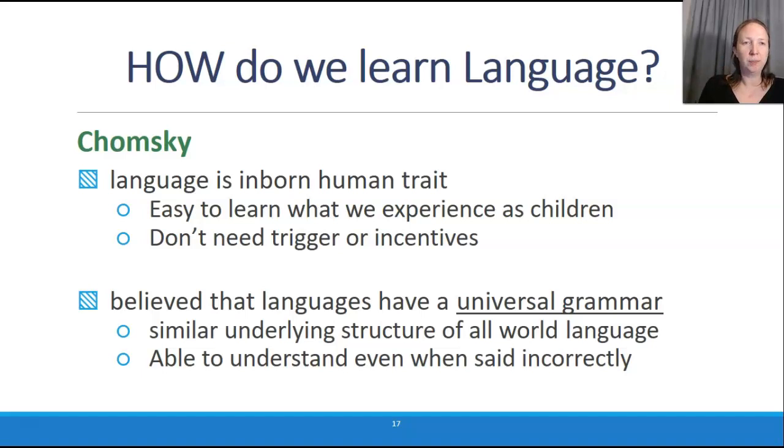Opposing Skinner is Chomsky, and he is one of two big names in the development of language theory. He believed that language is an inborn human trait, that we're born with the ability, or our brains are designed, and I'll actually get to a term that supports this, but our brains are designed to learn languages, and it's super easy to learn languages that we experience as a child, so the ones that we're around